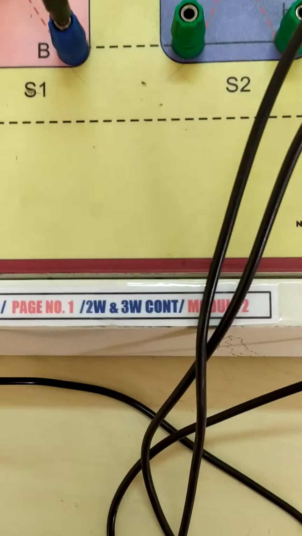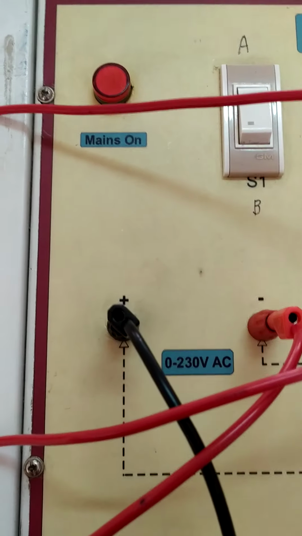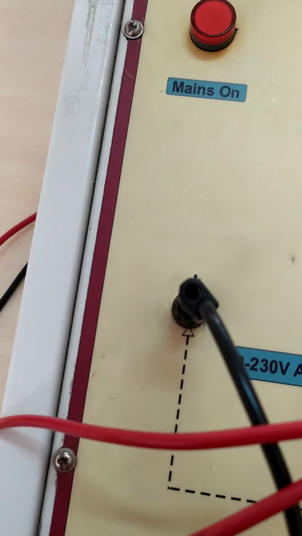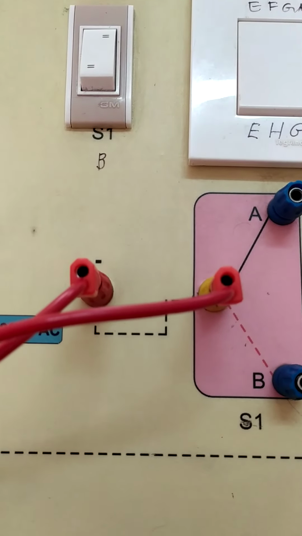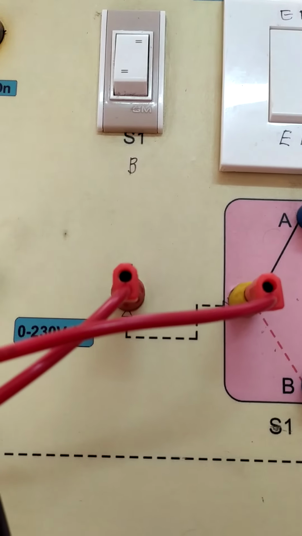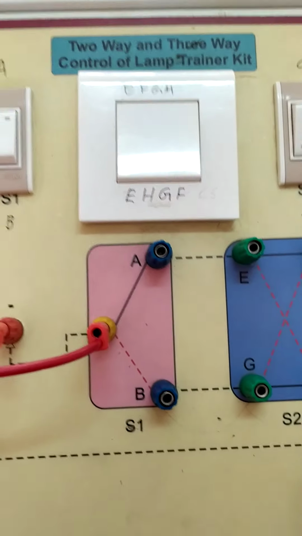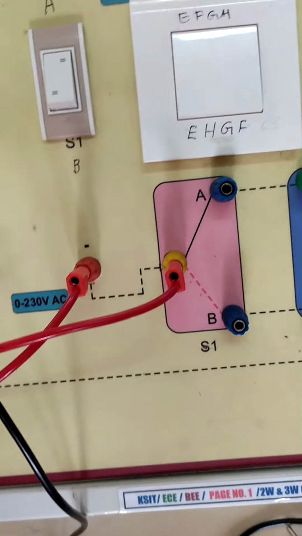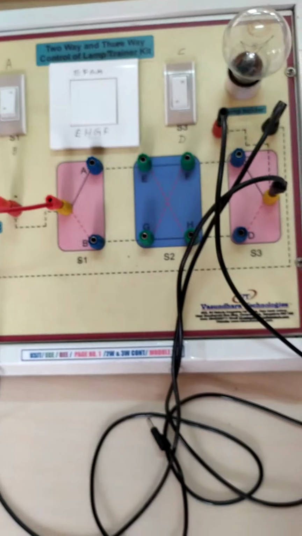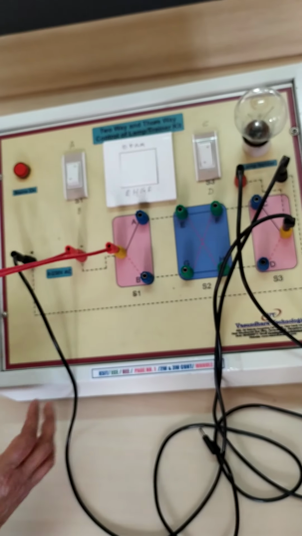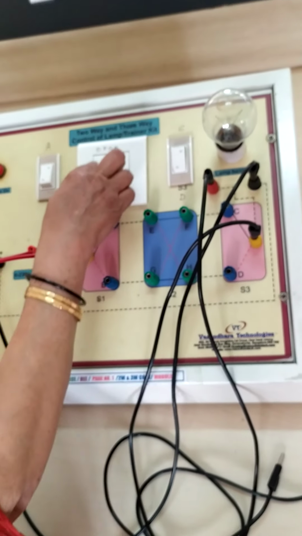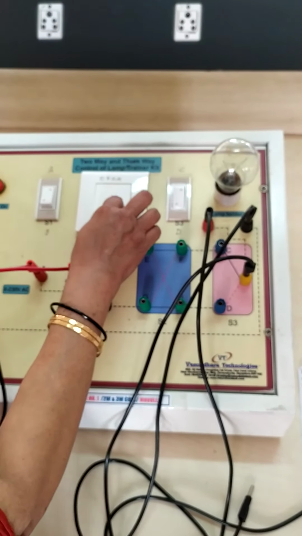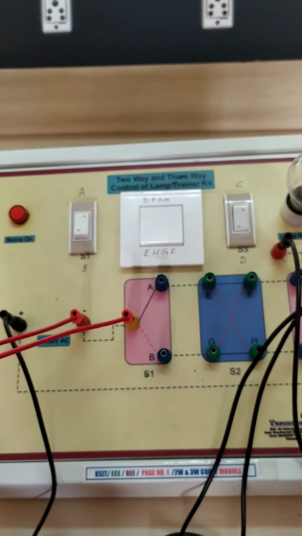Now let us see the module here and make the connections. The supply connections are as before, that is, we are not touching those. Only the supply connections and the switch connections. This is how the module looks, the same module which we used for two-way control. What is extra here? This is the intermediate switch. We are including it in the circuit now.